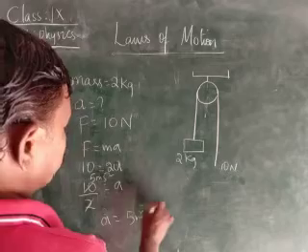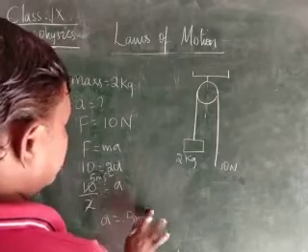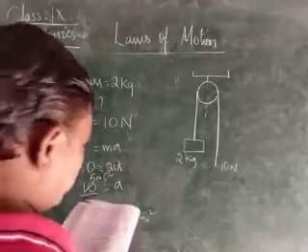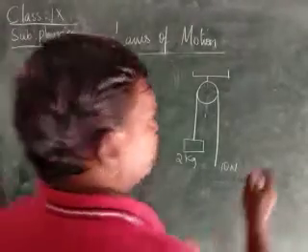5 meter per second square. That is in the 10th problem, first one. And the other one, it is given